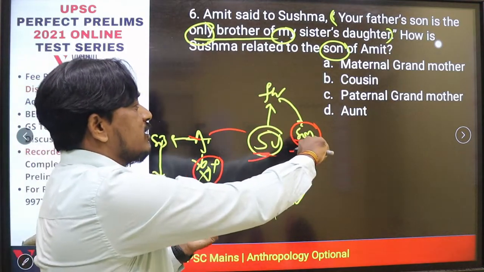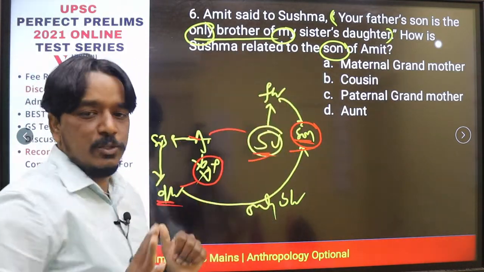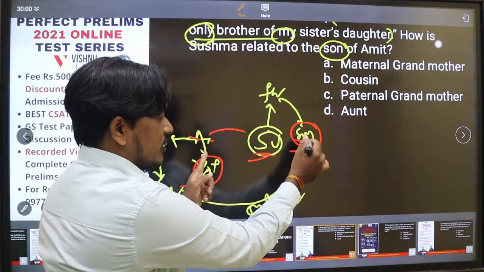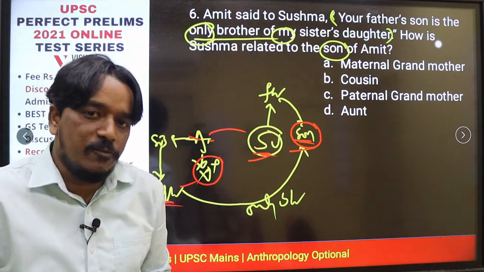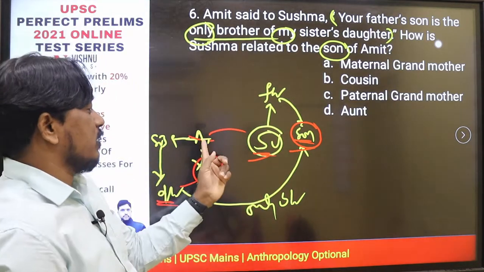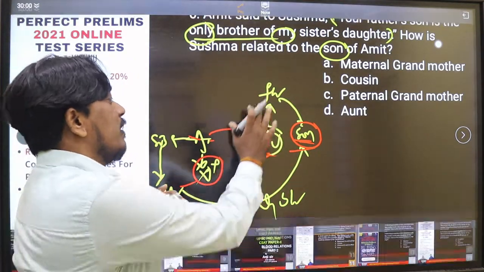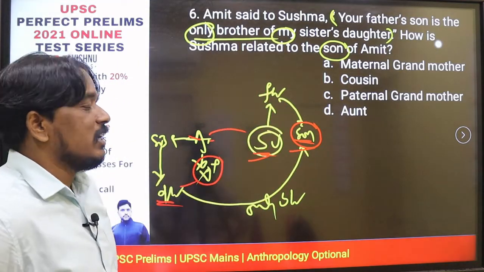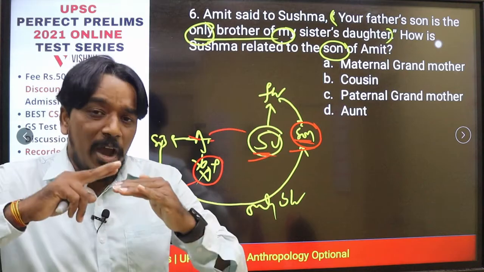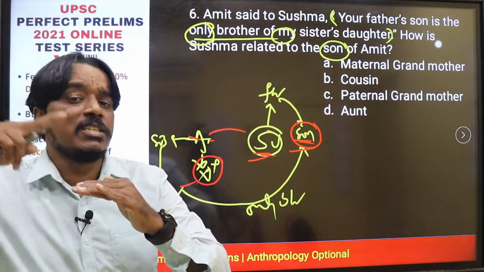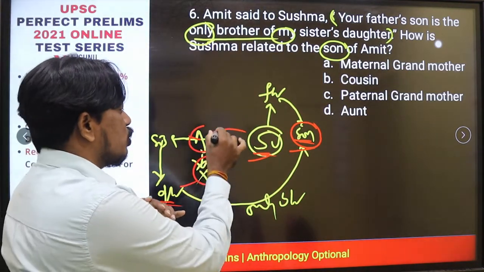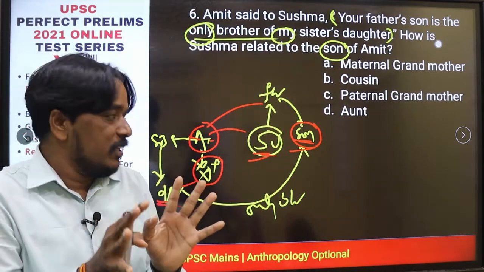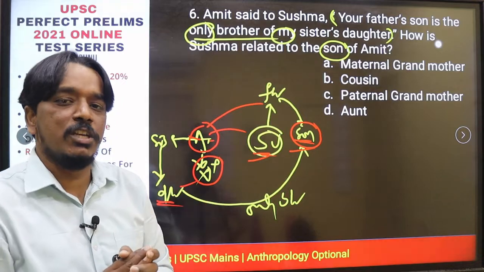All these three are siblings, and all these three are the children of this particular person. That means here Amit's nephew is this one, and Sushma is definitely a nephew or niece, depending on gender. So Amit's nephew, and Amit's son's father, is this particular nephew's father. See how we generally get nephew: my brother's son or my sister's son. Here Amit to this person is definitely brother or sister, and brother-in-law, these kinds of relations only you will get.